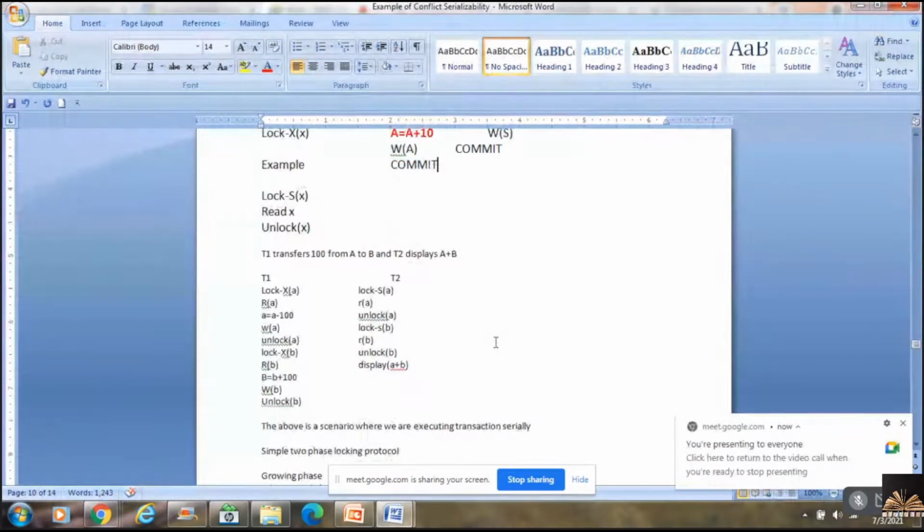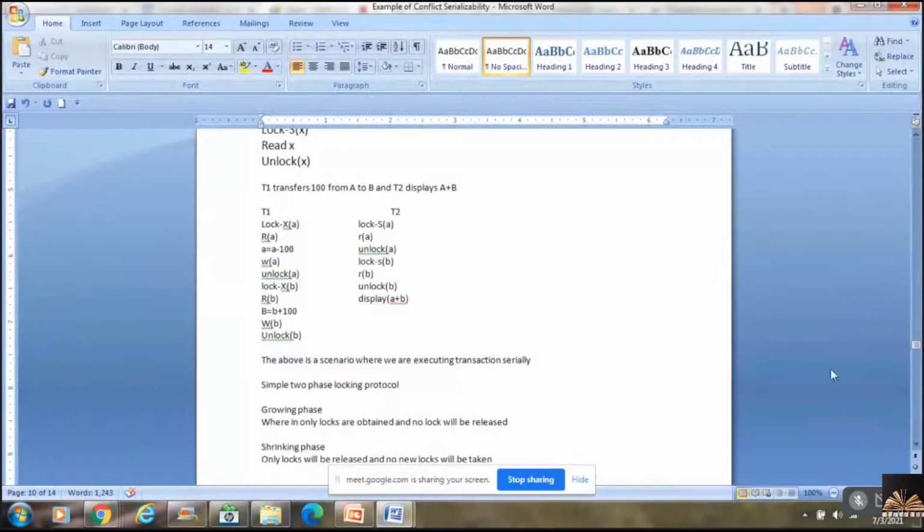Okay, now see. This is an example of a simple locking technique wherein T1 transfers 100 from A to B and T2 displays the result of A plus B. This particular scenario is a serialized version.